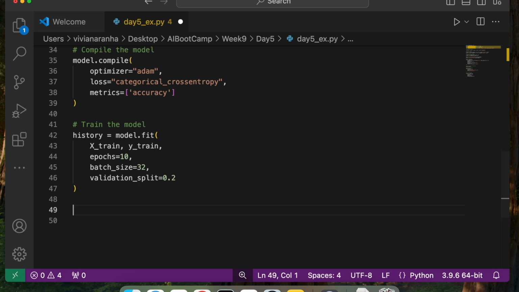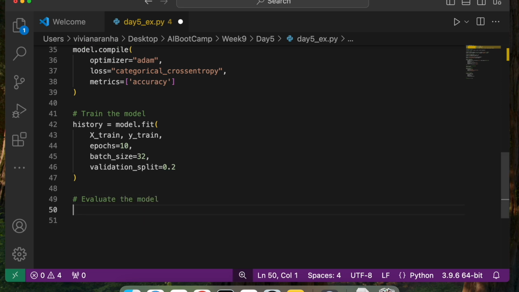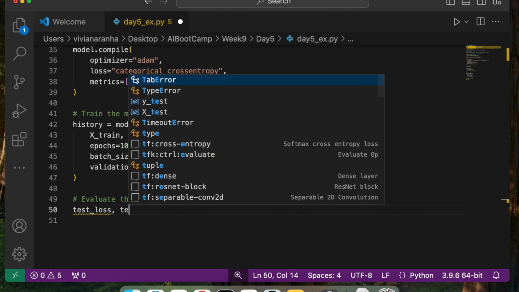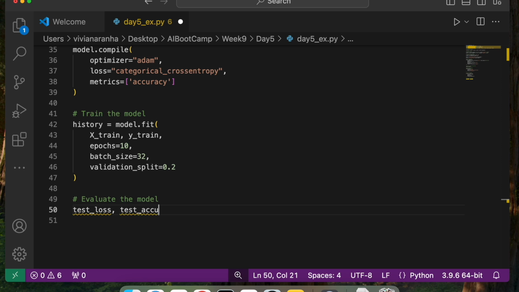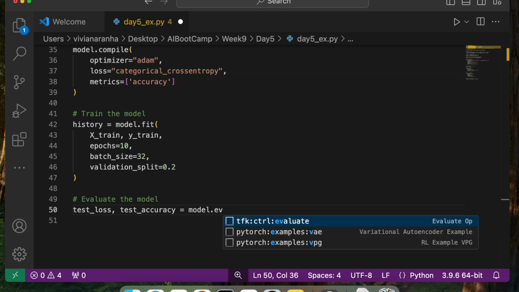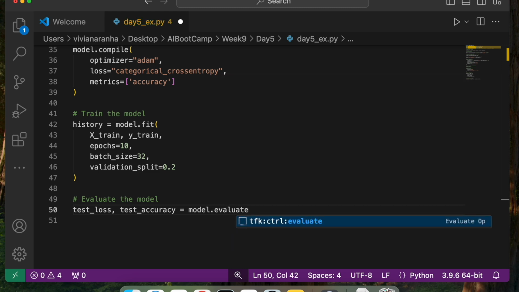Next, let's go ahead and evaluate the model. For that, I can just get the test loss and test accuracy of this model by calling a function called model.evaluate. With TensorFlow, we don't have to do all the other things that we used to do before.